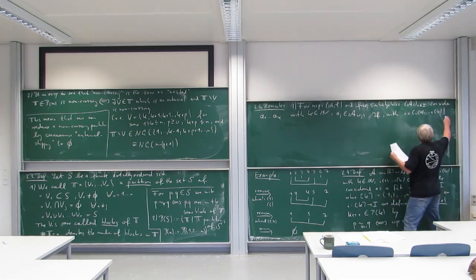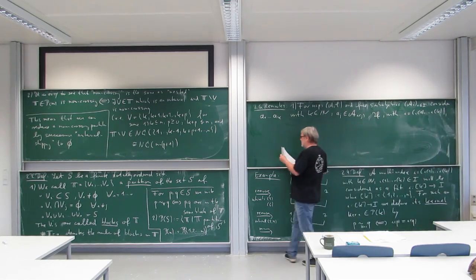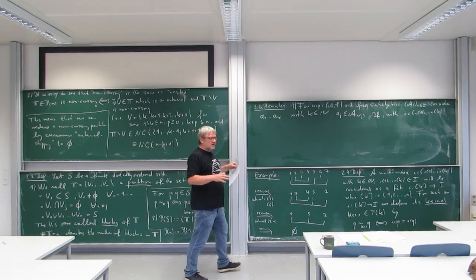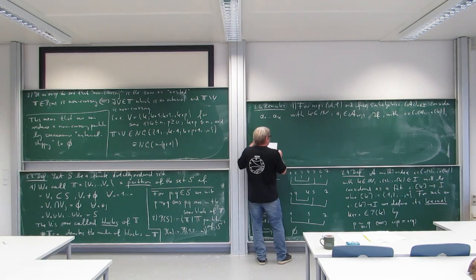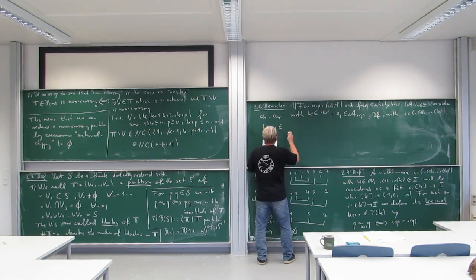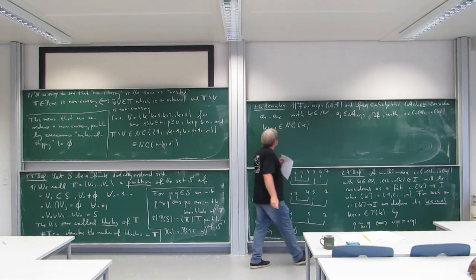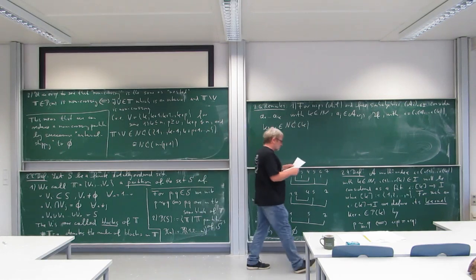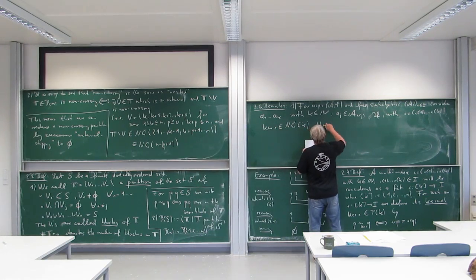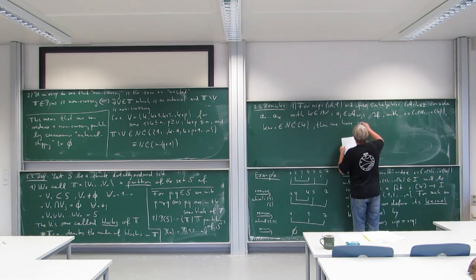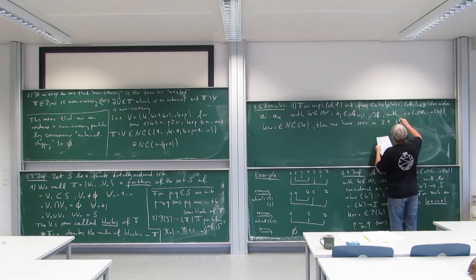And if we have a situation where this kernel is a non-crossing partition, so this kernel in general is just a partition of k elements, but it could be a non-crossing partition, then we have seen that we have a very nice factorization. Also assume this kernel is non-crossing, then we have seen at the beginning today, in the first calculations which we did, that,